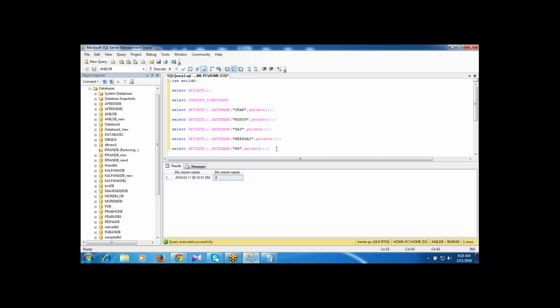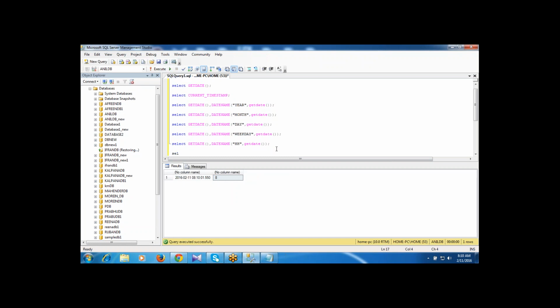Minutes is mm. Select GETDATE function, DATENAME, mm, GETDATE function. Select the query and go for the execute.